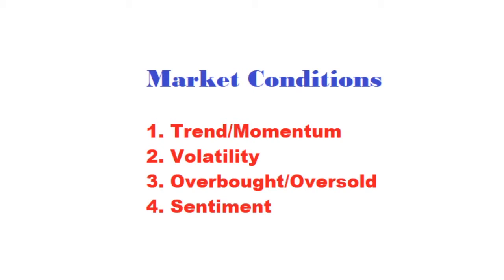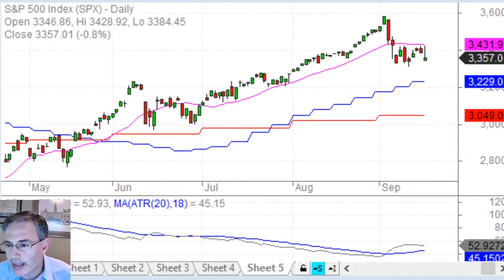Sentiment is coming off of a negative, and overbought, oversold. We obviously have been overbought in the near term. It's starting to work that off a little bit, and then obviously what we're talking about in terms of trend right now. So, if we go through the market conditions right now, we've lost a few of the components here just in the last 4 or 5 days. And obviously that means we're in a higher risk territory for the overall market.